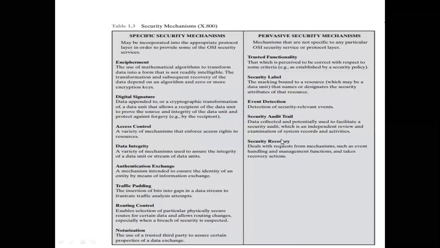And the next one is security audit trail. Security audit trail mainly means every week or every day we have to maintain an audit trail while communicating or receiving the data. For all data, we have to check whether they respect the security policies or not. Simply every day you have to check it. That is the security audit trail.